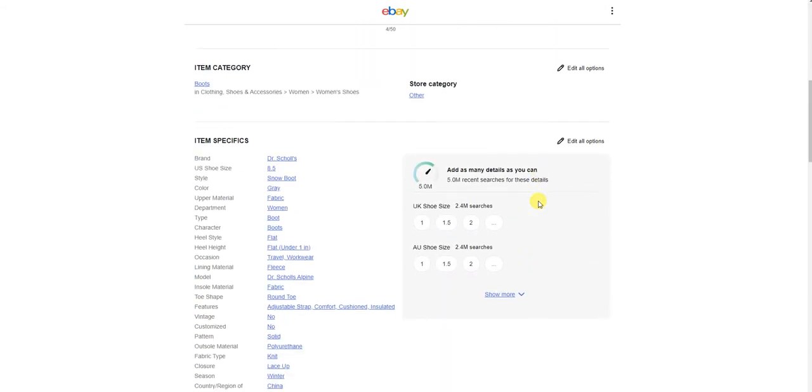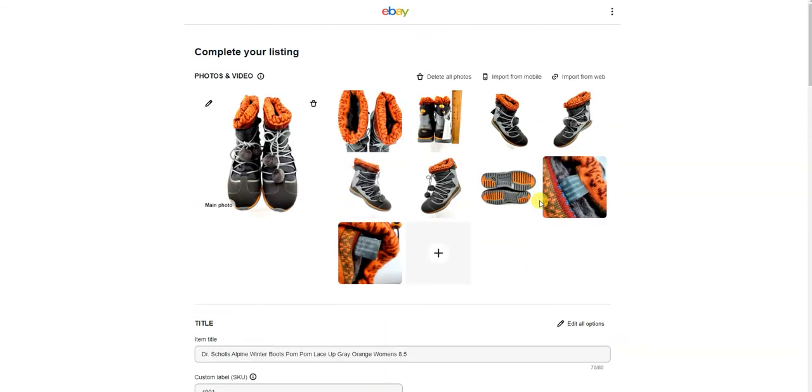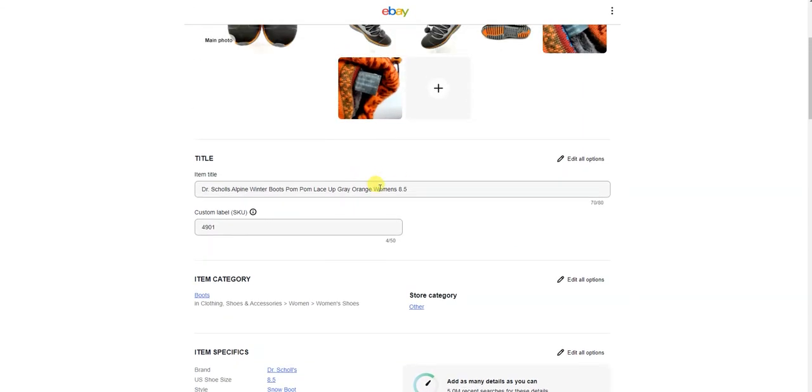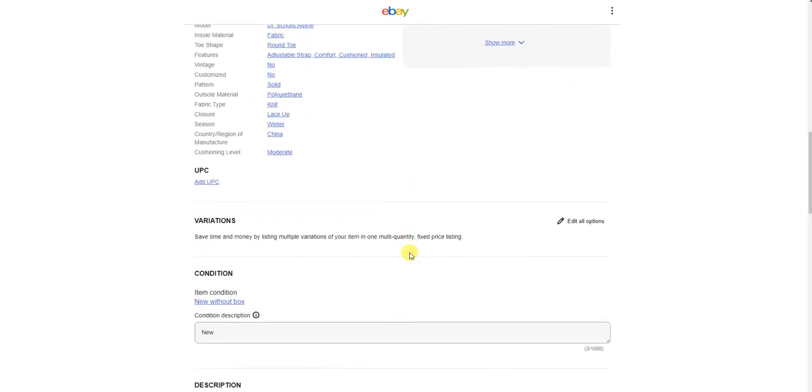So after that, I double check the listing. Now the way our workflow works, as I was saying earlier, Marie will go ahead and list the shoe and put in everything except the pictures. Then she passes it off to me, and I take the pictures and finish up the listing from there. So I'll just double check that she had an 8.5. That's what the shoe said, so that's good. We'll double check that